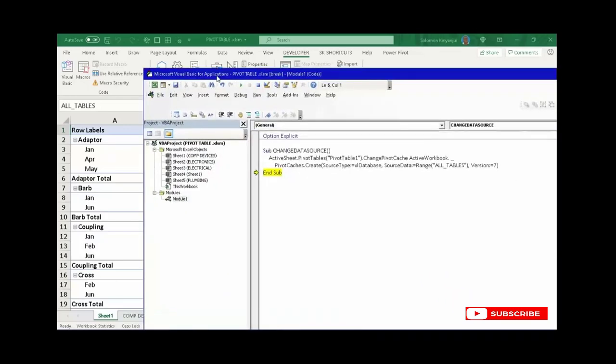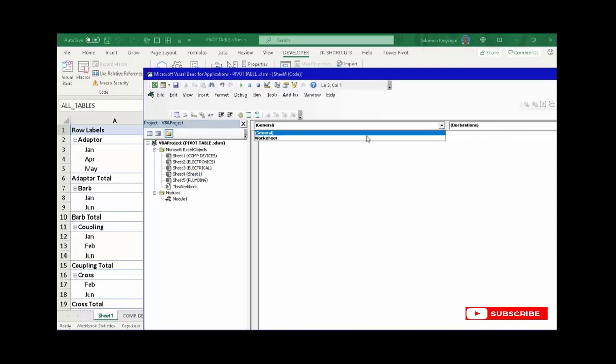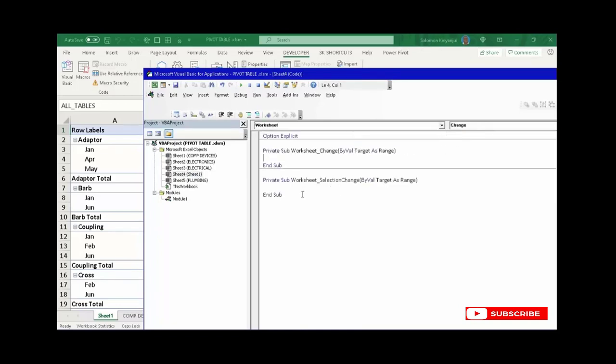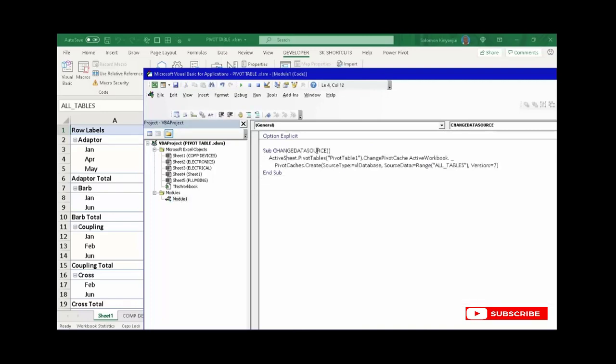So to be more dynamic, we shall go to this sheet. So let me stop this code. So we shall go to this Sheet 4, and then we select worksheet, then change event, and now we shall call this macro code. So copy that, then in this